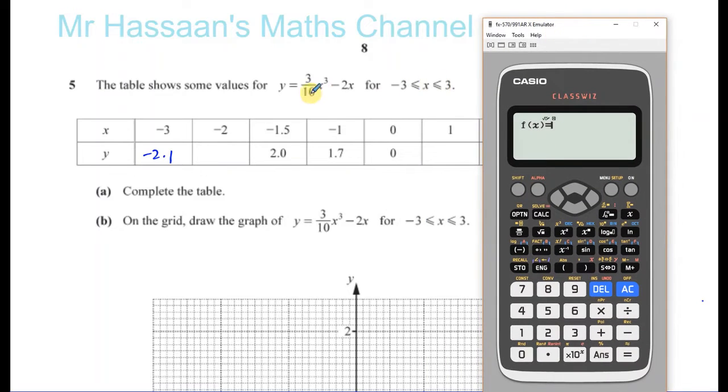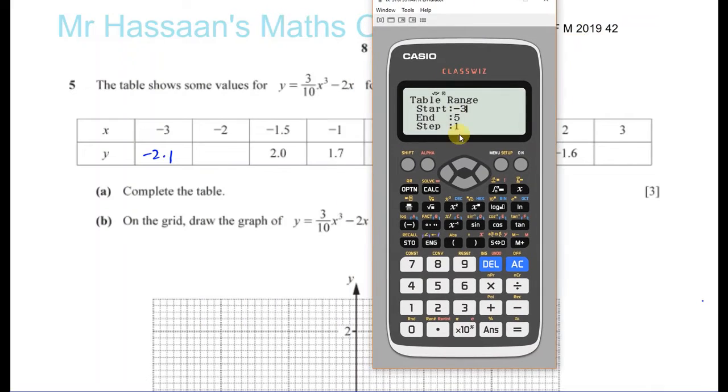So you're going to put 3/10, and then you're going to have x cubed. So you use the x button here, you press x, and then you press cubed, minus 2 times, and again x, and then you press equals. Then it'll ask you in case you want to have another table of values for another function. You don't, so just press equals again, and then it says start and end. So start is minus 3, that's where you want to start the table from, and end is 3. So you put start, minus 3, press equals, and end, 3, and then